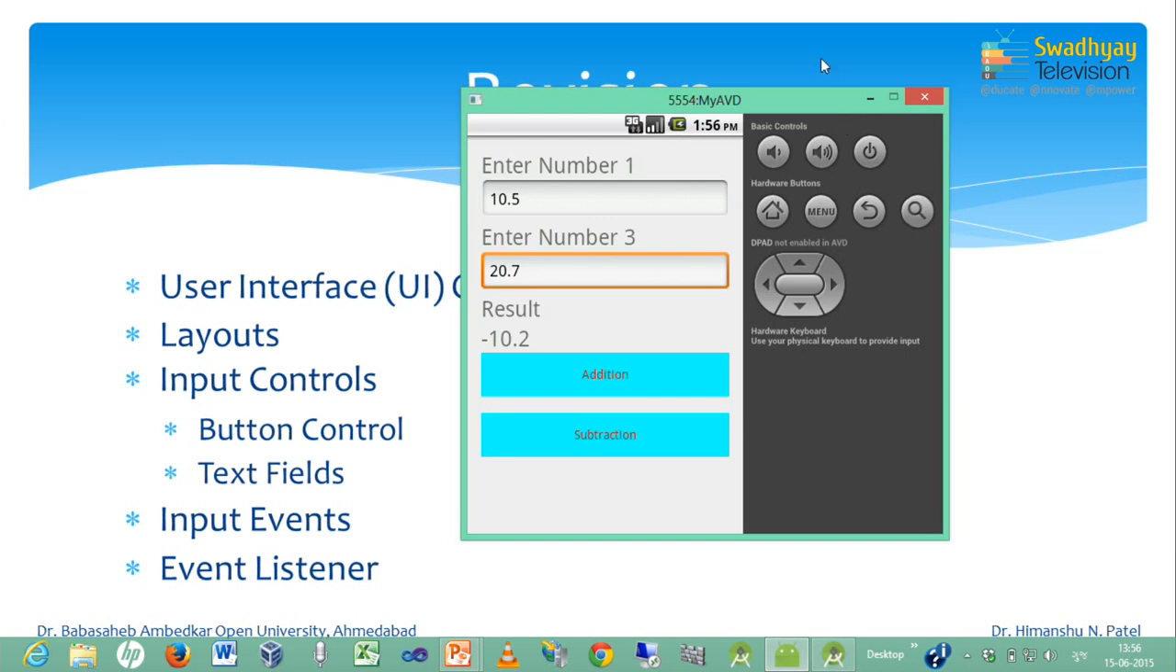Here first, if you look at it mouse pointer, the first line is enter number 1. This is called text view control, which is used to display text. Then there is a text field or edit text control which accepts number 1 from user. Third line is enter number 2, which is actually it should be number 2. So it accepts number 2, and finally this result is again text view and answer is also text view. So here we have 1, 2, 3 and 4 text view control,